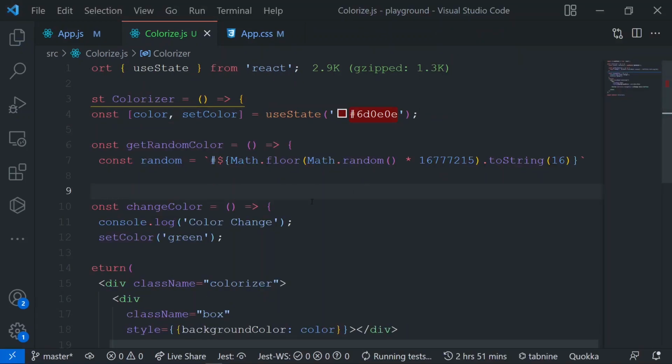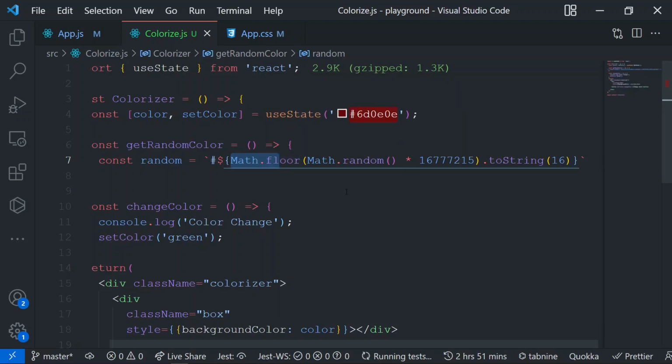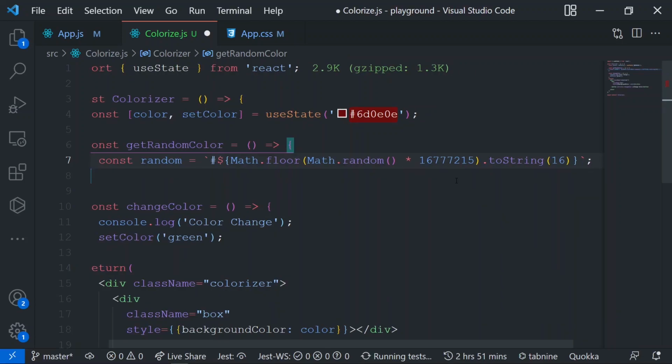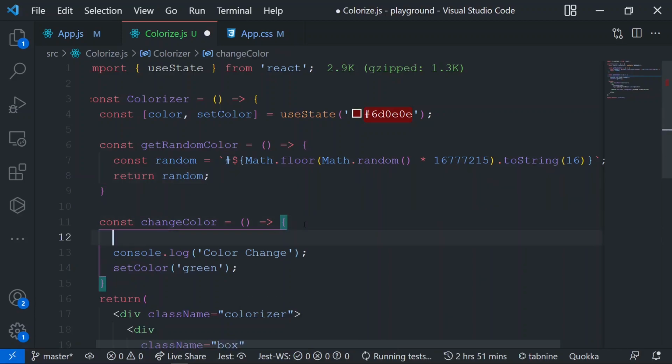Here is a simple kind of logic to generate a 6-digit hex notation, using the Math.random, and then we can prefix the hash, and then it's supposed to generate a random color hexadecimal syntax for us. Now what we're going to do is return random. That's fair enough. Now here, after coming here, we can use this function like const